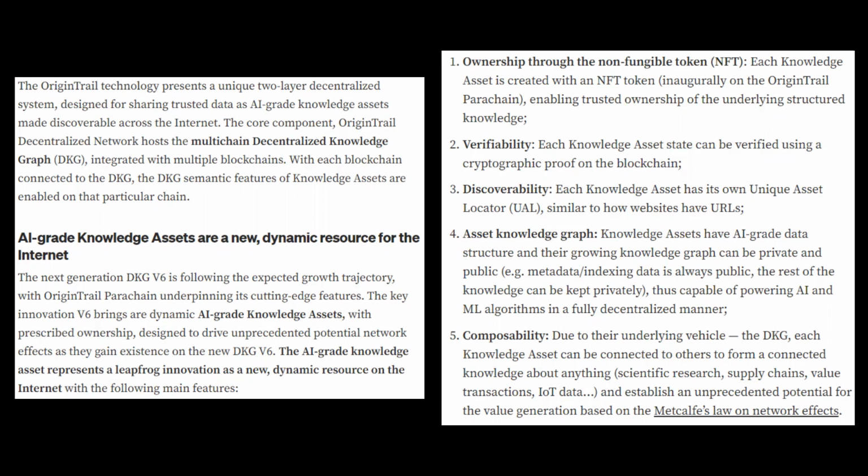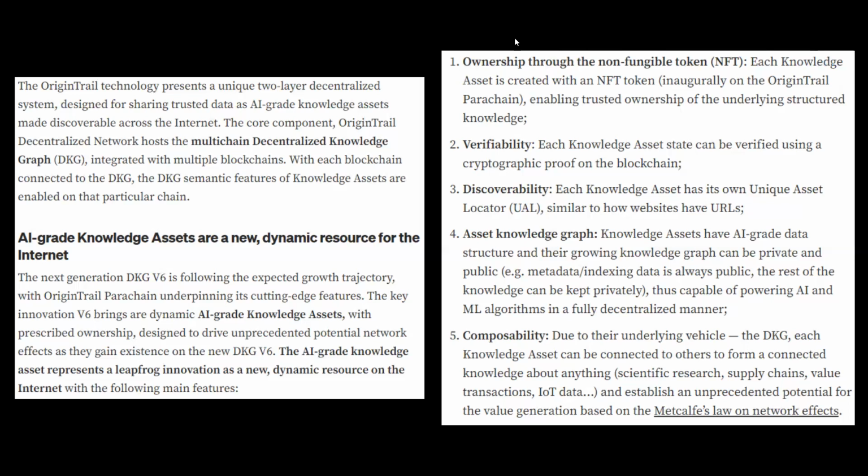The next generation DKG V6 is following the expected growth trajectory, with OriginTrail parachain underpinning its cutting-edge features. The key innovation V6 brings are dynamic AI-grade knowledge assets with prescribed ownership, designed to drive unprecedented potential network effects as they gain existence on the new DKG V6. The AI-grade knowledge assets represent a leapfrog innovation as a new dynamic resource on the internet with the following main features. Now, those features are going to be ownership through non-fungible tokens, which are NFTs, and each knowledge asset is